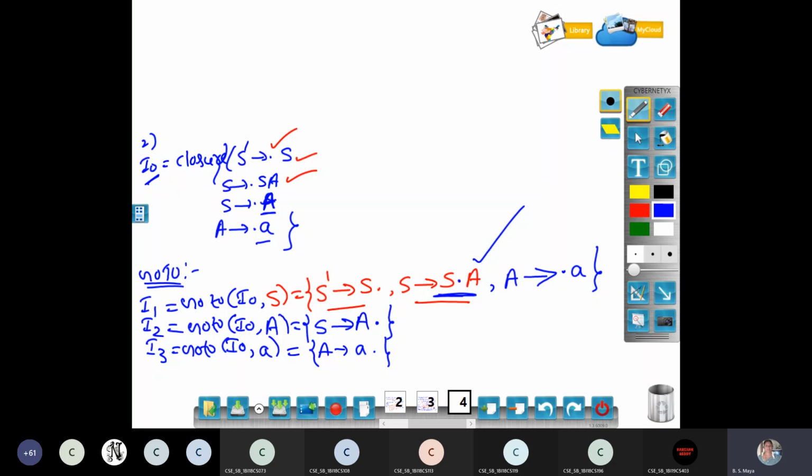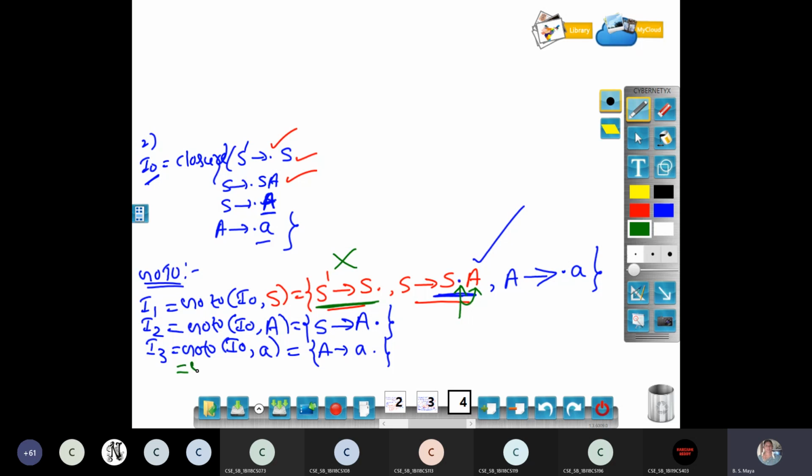Okay, let us move on to the I1 state now. Just observe the I1 state. In the I1 state, where is the dot in this production? Yes, ma'am, at the end. This one is finished, right? That production is already over. Then you have to move. How many productions do you have to move? I want to move these dot productions. And what is the symbol you are moving? Yes, ma'am, capital A. What can I write now?